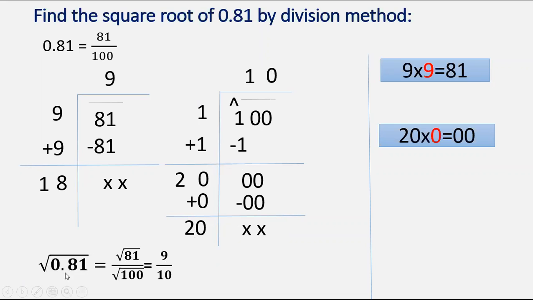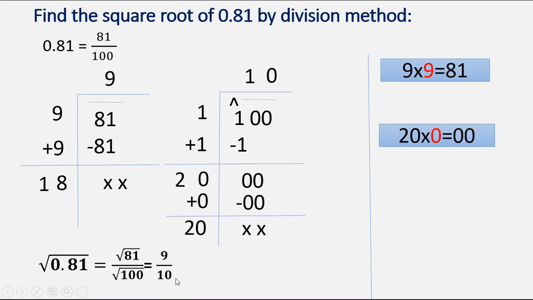We have to find the square root of 0.81, that is equal to the square root of 81 over the square root of 100, and the square root of 81 is 9 and the square root of 100 is 10. We have solved the numerator and we have solved the denominator. And 9 upon 10,